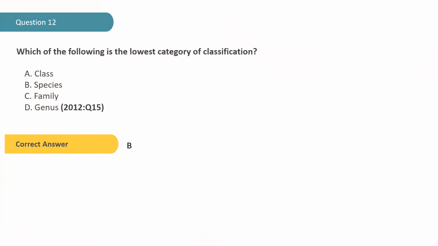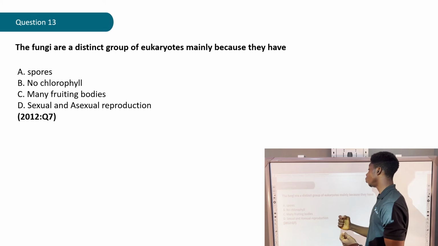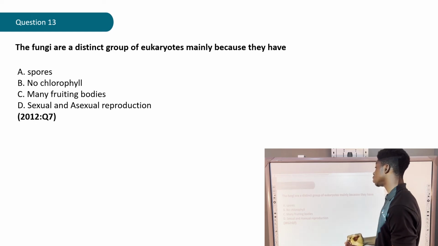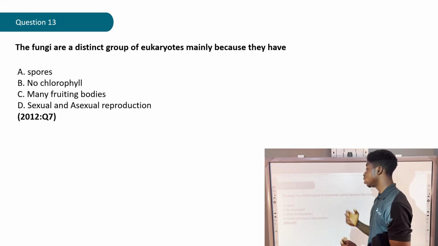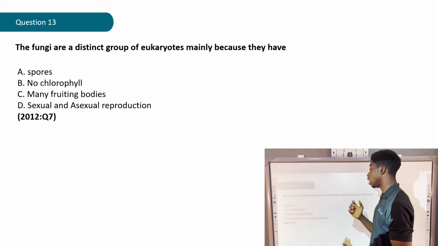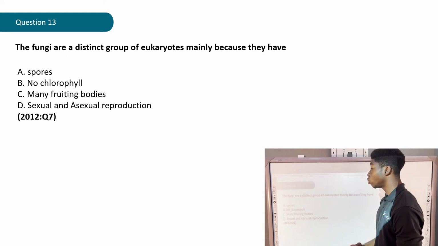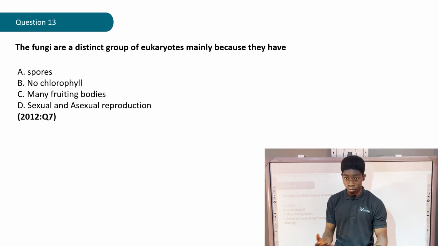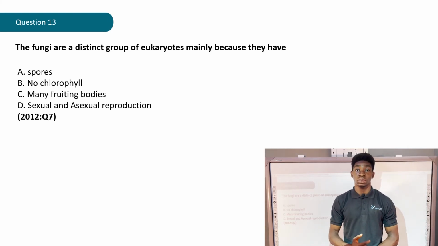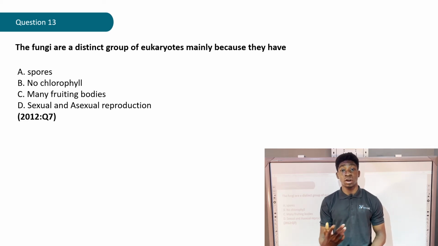Question 13. The fungi are a distinct group of eukaryotes, mainly because they have A, spores, B, no chlorophyll, C, many fruiting bodies, D, sexual and asexual production. The question is gotten from the year 2012, question 7. Let's give it a try. Now, let's just see what the answer says. The correct answer says